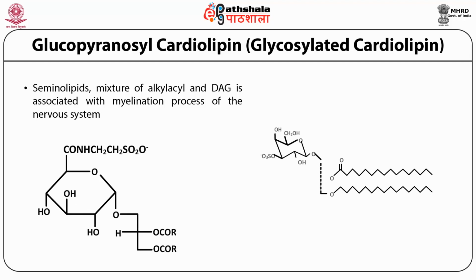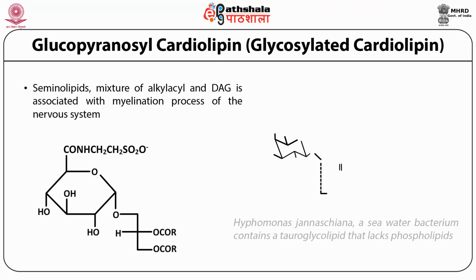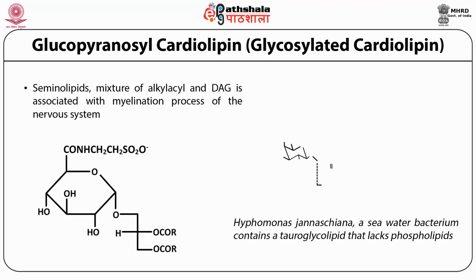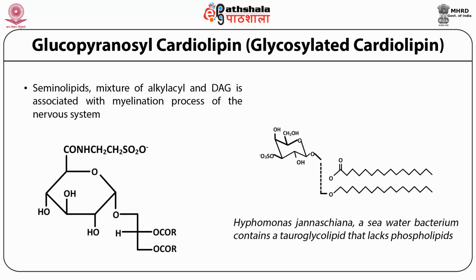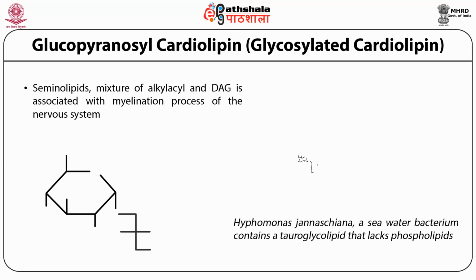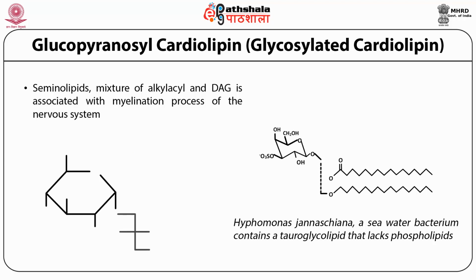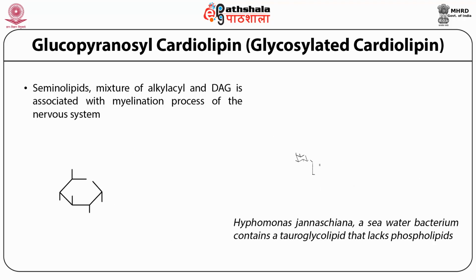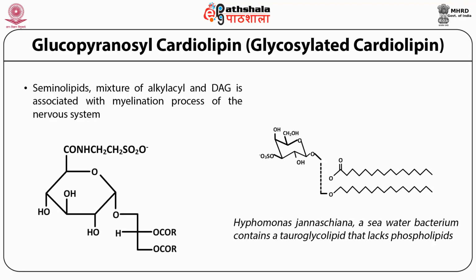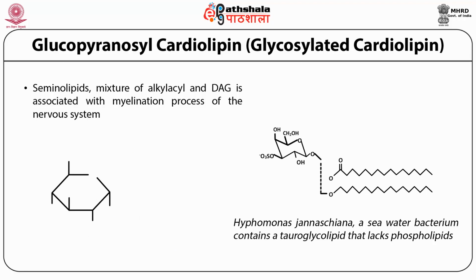From Hyphomonas janaceana, which is a seawater bacterium, a tauroglycolipid has been isolated, lacking the phospholipid content. The structure determined